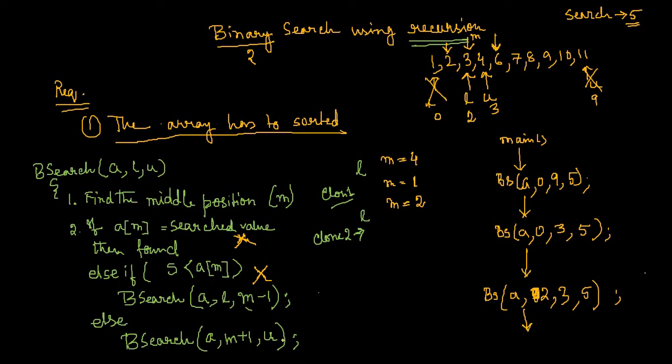So if you consider the other side of the array, in case of calling this new binary search clone, what will happen? It will call a binary search A with L adjusted by M plus 1, because we are coming in the else part. So now L will become what? M is 2, so L will become 2 plus 1, that is 3. Right? L will become 3. Fine. And U remains same as 3, and the value that I am searching remains 5.